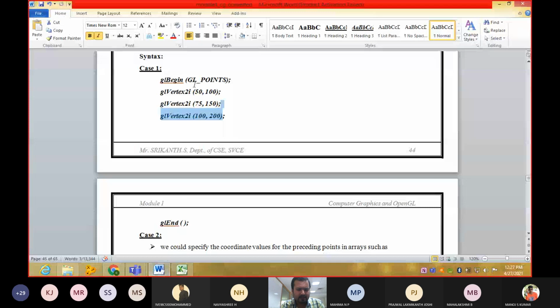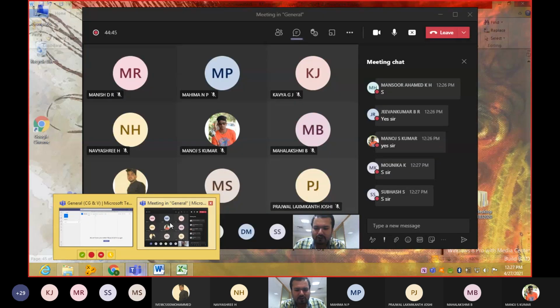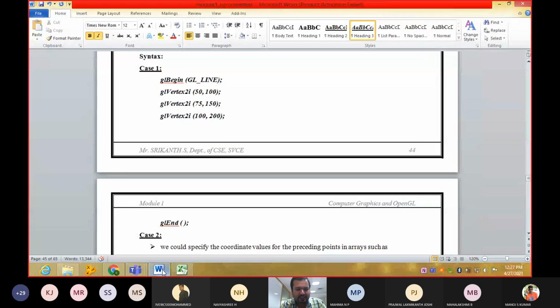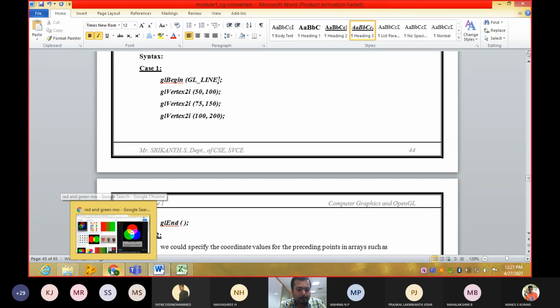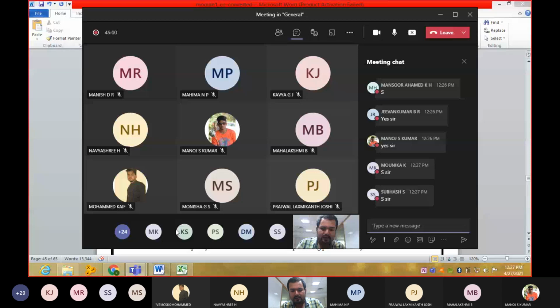Now, for the same piece of code, what I'm going to do is GL begin, GL line. What will be the output for this one, and how many lines am I going to get? This piece of code, I have made a change: GL begin, GL line. What will be the output? Reply in the chat box. Are you going to get points or something different?